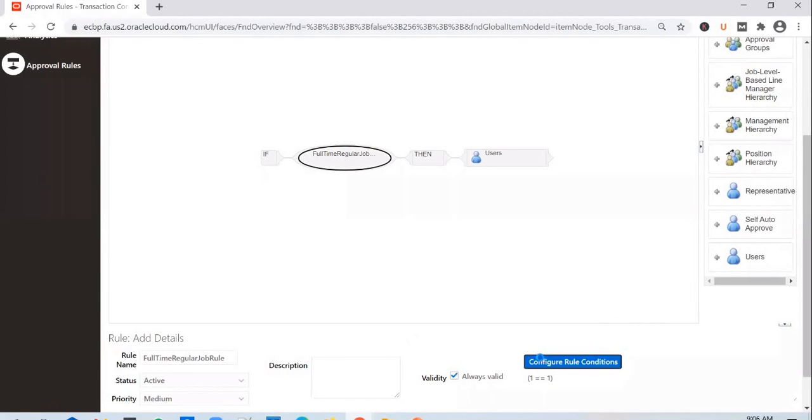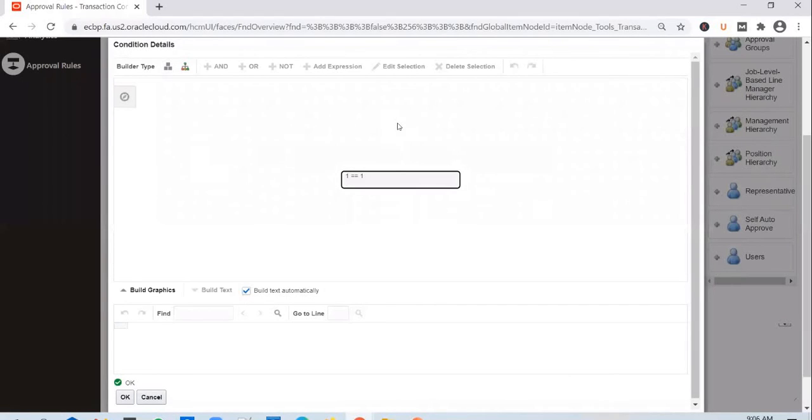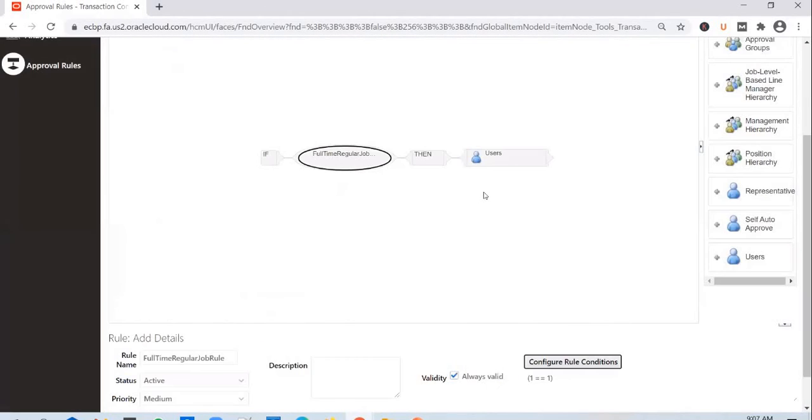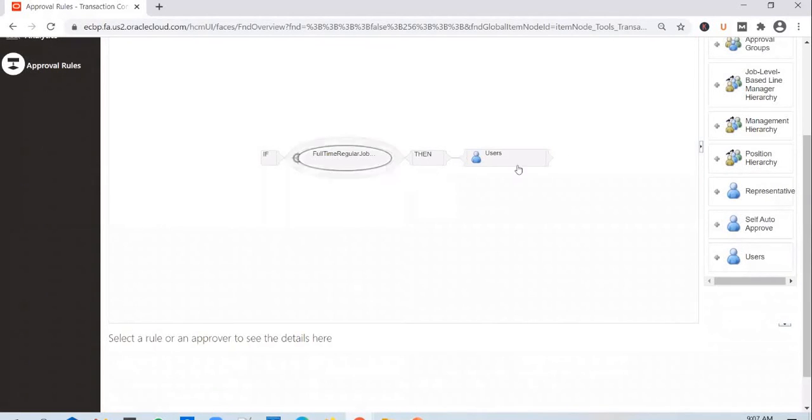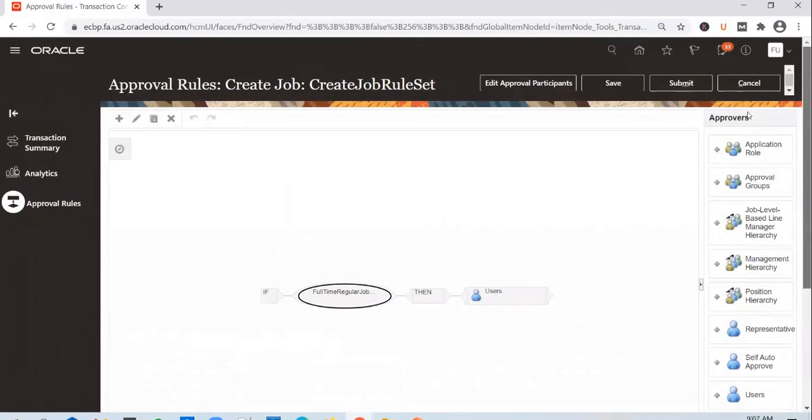And in the configure rules condition, you can change in the condition. You can say, you can select the expression. Save it.